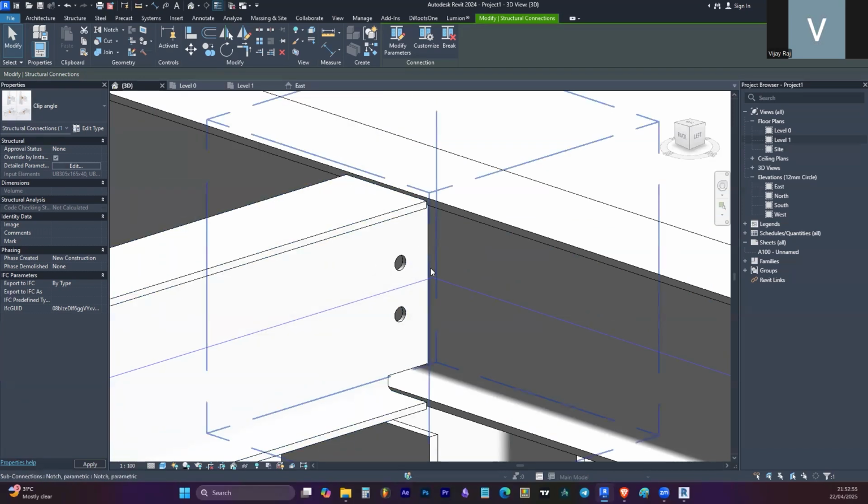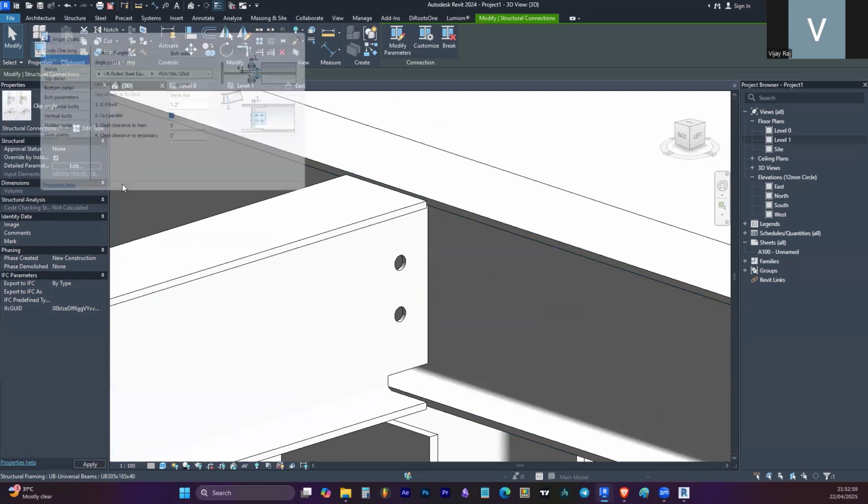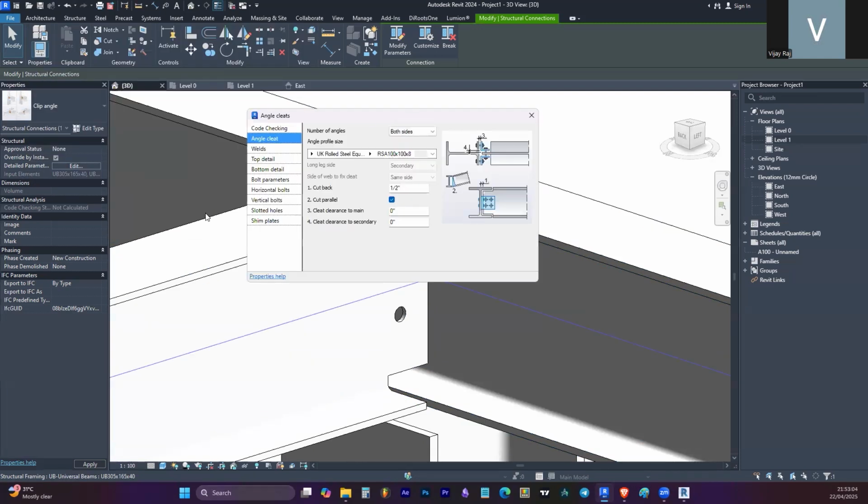So here while giving connection, we have a couple of options with us, and we can provide those options like